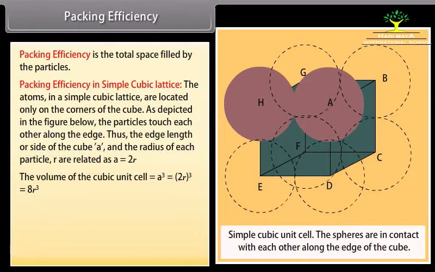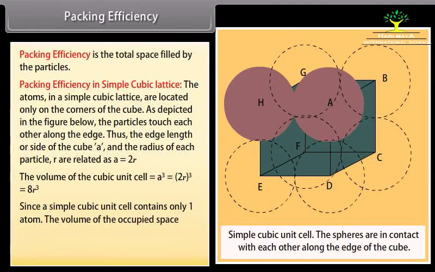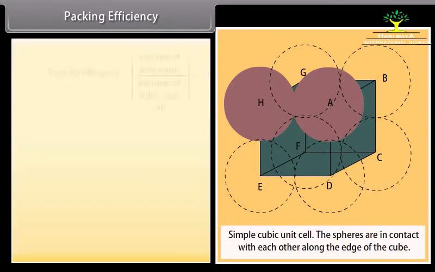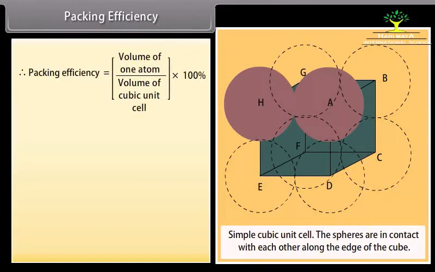The volume of the cubic unit cell is equal to a cube, which is equal to (2r) cube, which equals 8r cube. Since a simple cubic unit cell contains only one atom, the volume of the occupied space is equal to 4/3 πr cube. Therefore, packing efficiency is equal to volume of one atom upon volume of cubic unit cell × 100%, which is equal to 4/3 πr cube upon 8r cube × 100, which is equal to π/6 × 100,